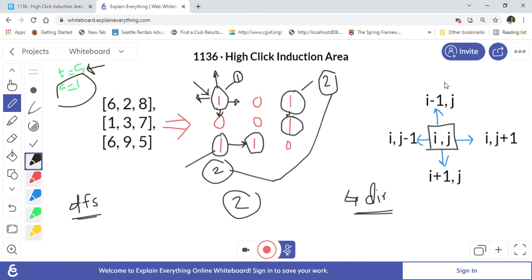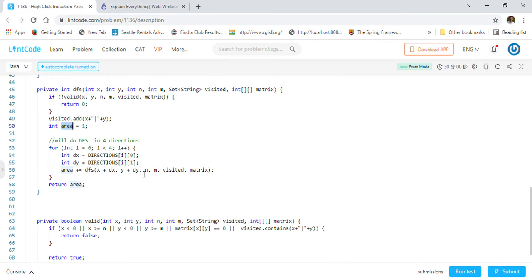These 4 directions, this highlighted one, we will go in all these 4 directions, and dx and dy we will calculate by adding the direction to the original x and y. Original cell coordinates, we will add dx here and dy here, so that we can visit a new cell. This is a new cell, and again we are passing the same row and columns, visited set and matrix. So it will go in DFS, it will go in all 4 directions and it will keep calculating the area,